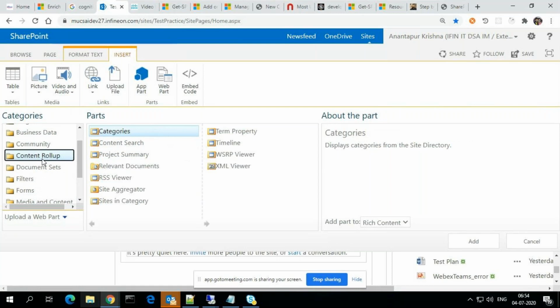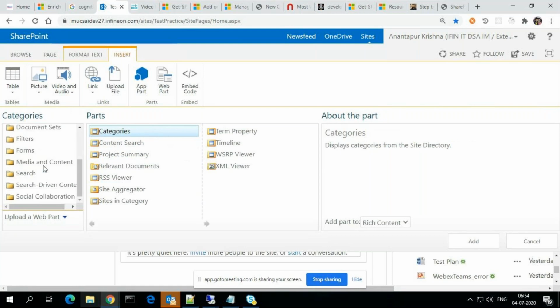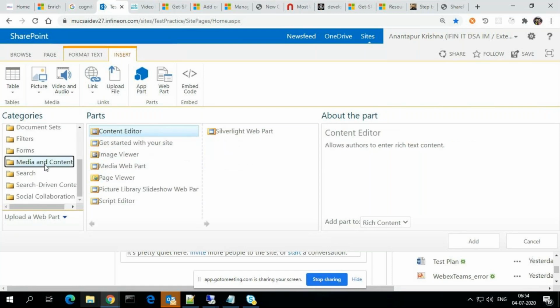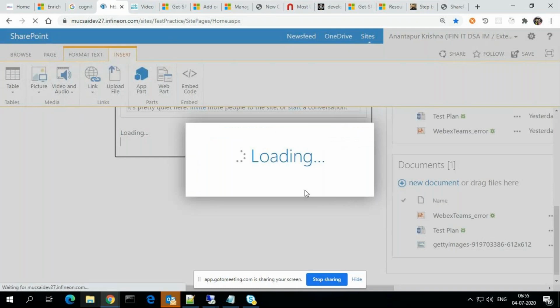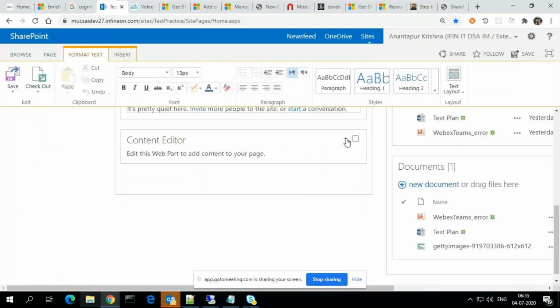Some of the important web parts from a developer point of view are the content editor web part and the script editor web part, because they can write code in this. Suppose I add a content editor web part here and edit the web part.